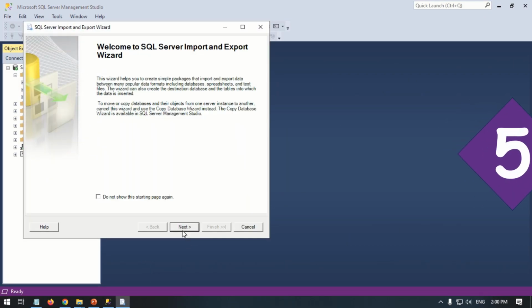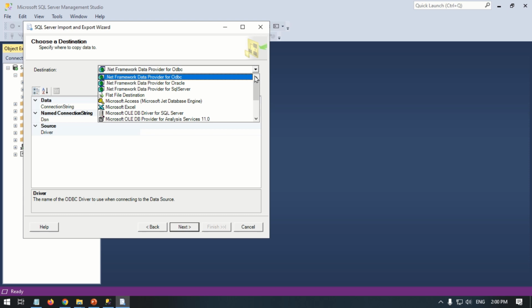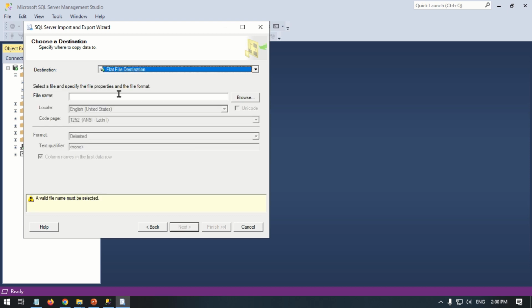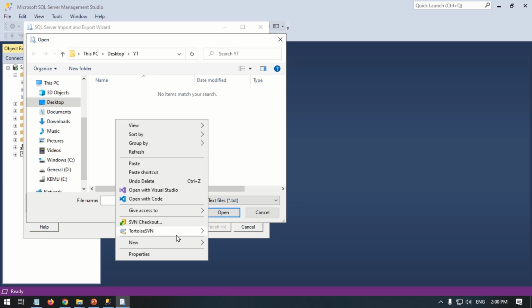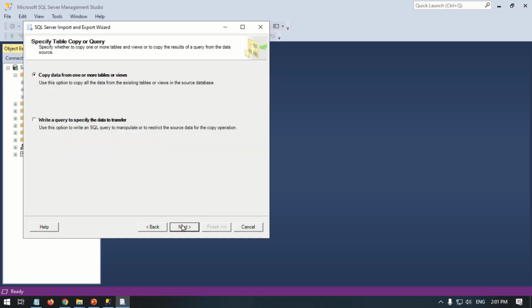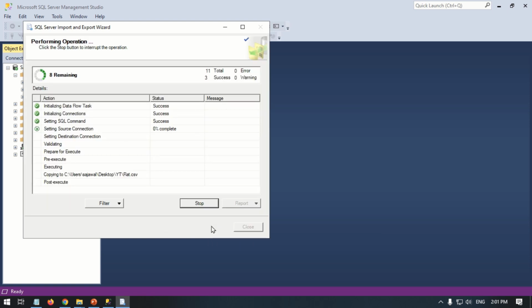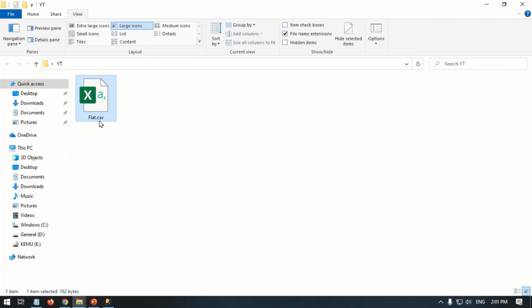You can use the default 32-bit import-export wizard to import or export Excel data as a flat file. The flat file's format can be a text or CSV file, which can be converted to Excel later. The exported CSV file